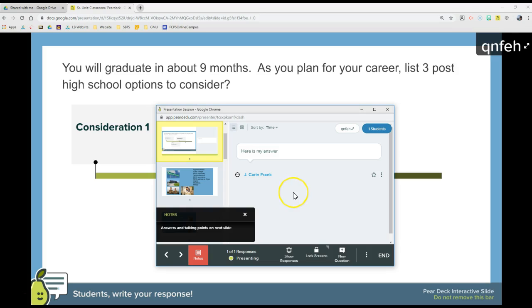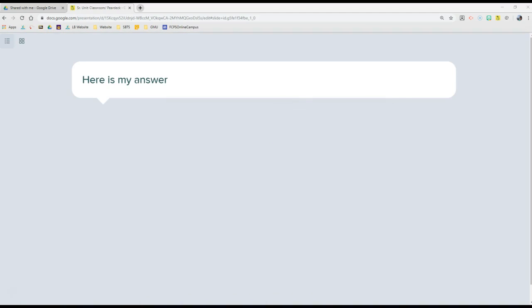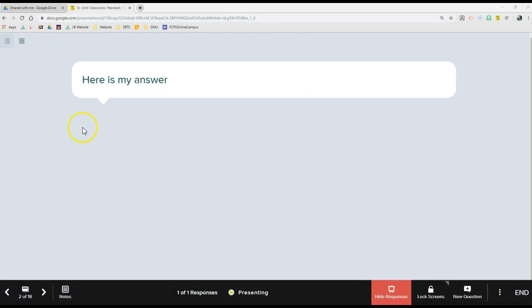If you want to show the class one particular answer, let's pretend that there's 30 up here and there's one really good one that you want to show. Click on this little star and that will show that that one is a good one, and then you can click Show Responses, and this is what the students will see. Notice that it doesn't have any names up here. It just says here's my answer,